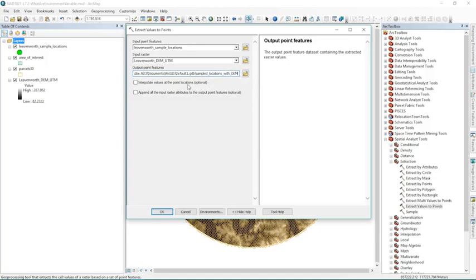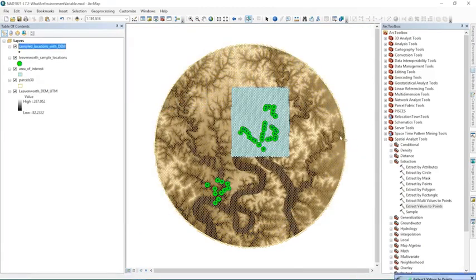That would take the values of the DEM to mean the cell centers, and it will figure out what value should be where the point is by interpolating. But I'm not going to do that. We'll just extract the raw DEM values, and I'll click OK. And first we get back a layer with all of the points. Notice, because I did not set the environment setting. But if we go to that last run,